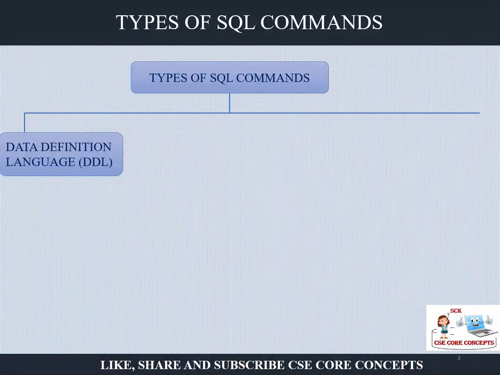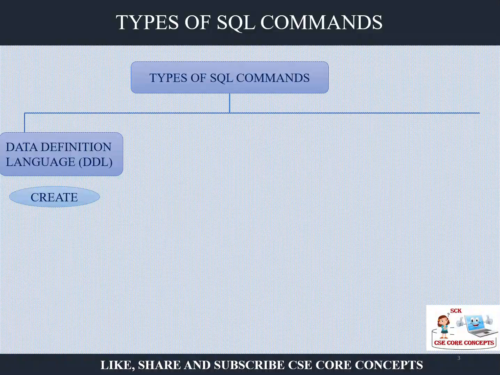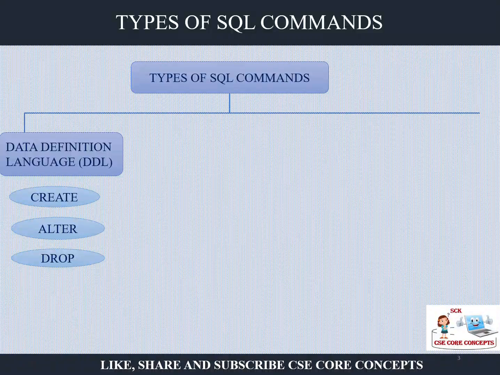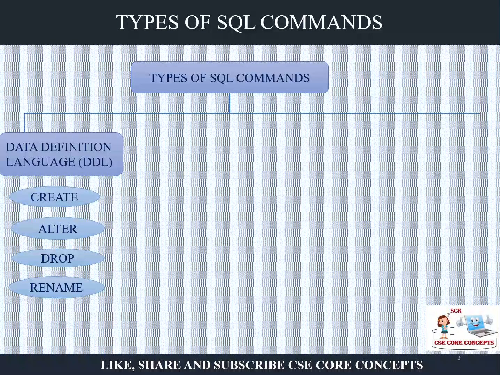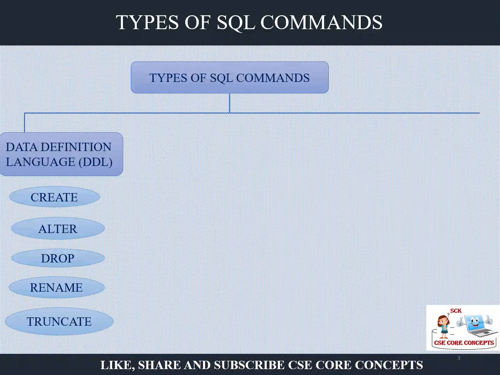Now, the types of SQL commands. The commands are of four types. First is the Data Definition Language, that is DDL. When you create, you give a command called create. Alter means if it already exists and you want to make some modifications, you can use alter. If you want to remove it, you can use drop. If you want to rename, you can write rename. So create, alter, drop, rename, and truncate, of course, these commands are your data definition language. That is, they are defining the database.